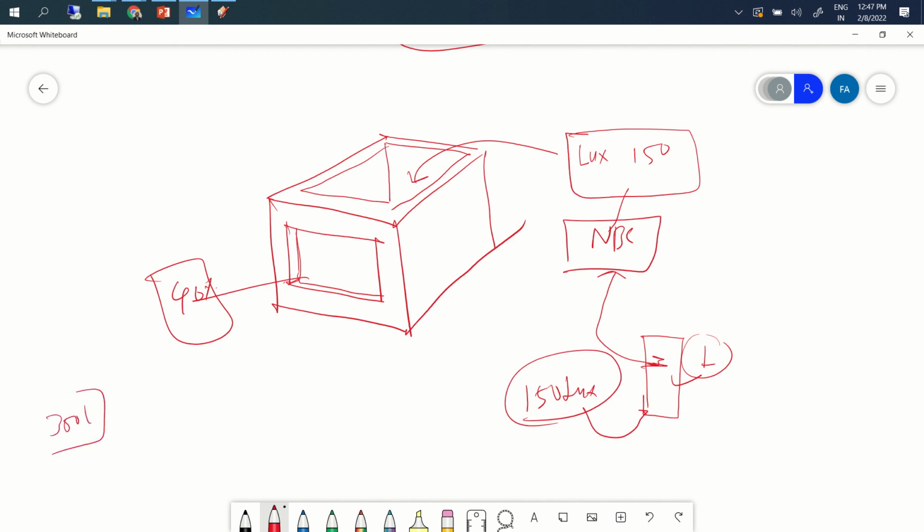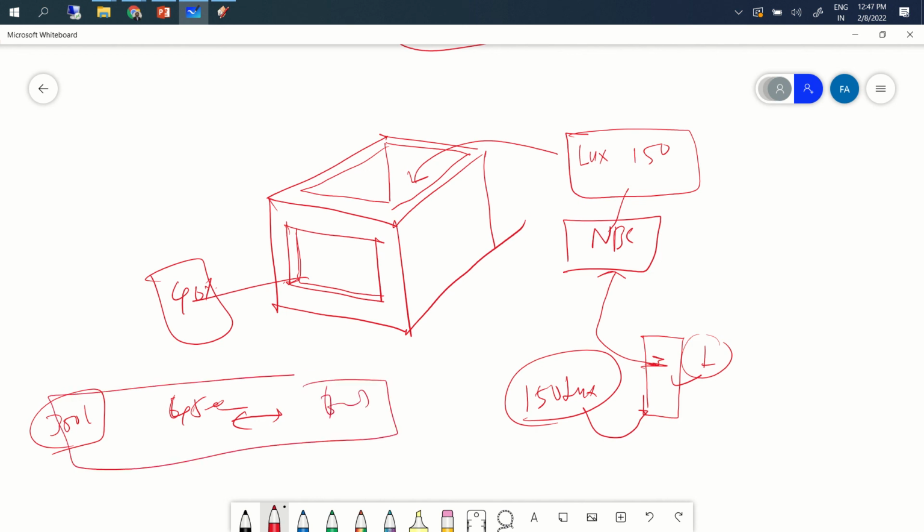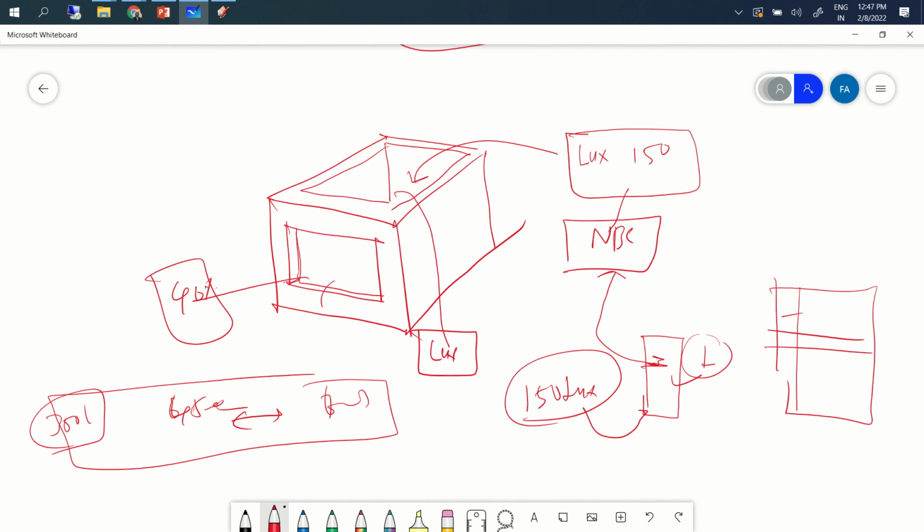300 lux for regular work, or if you are doing some fine work, we need 400 plus lux level, or if you are in operation theaters, we need 600 plus lux levels. A different standard table is given, which we can refer to and see whether we are able to achieve that number or not. So what is the minimum lux level required so that we can say that this window is actually satisfying the